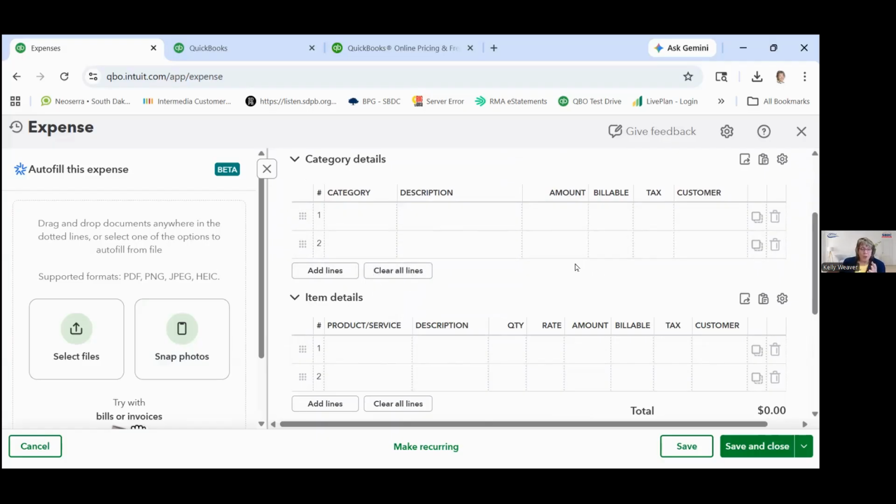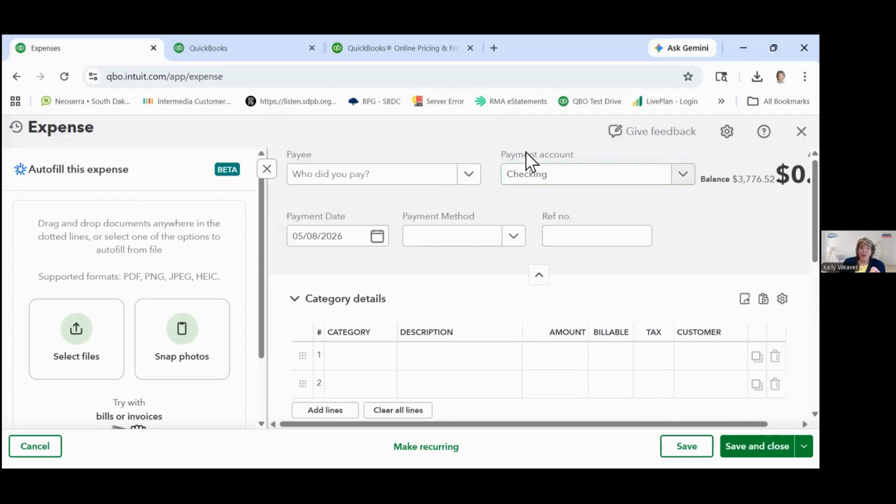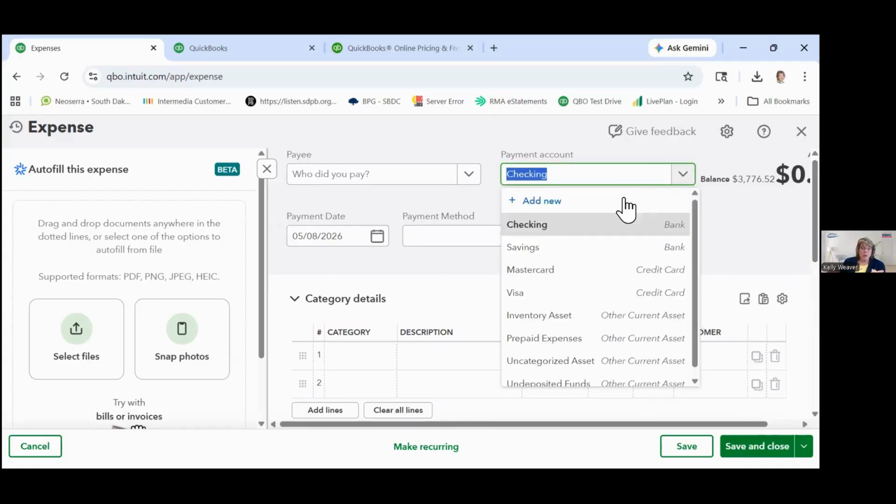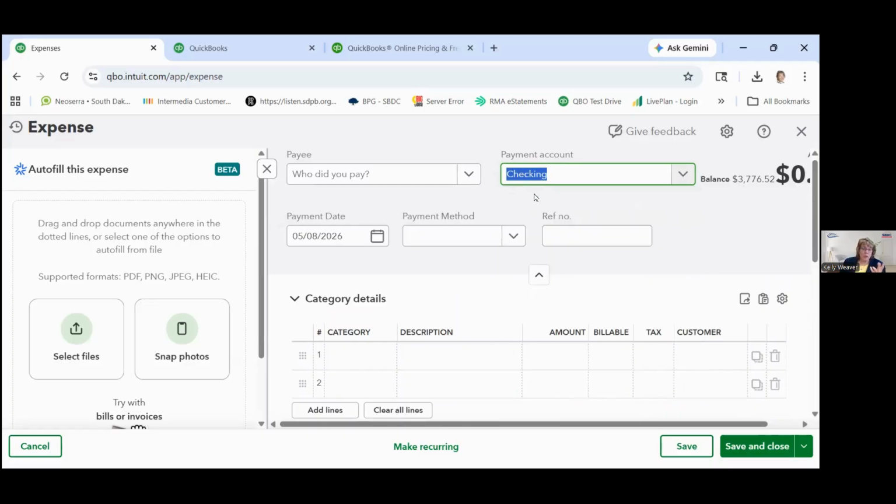So basically when this happens, whatever is in these fields down here will be the expense categories, or in the case of buying product to resell, inventory categories that will be affected. Depending on what you choose here, you're either going to decrease your checking account or increase the balance on your MasterCard. Those are really your two options, because we don't have a cash account, since we're recording the expense down here and the payment of the expense up here. So this is when you actually pay for it right away.